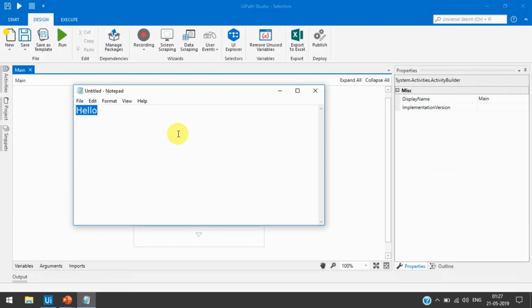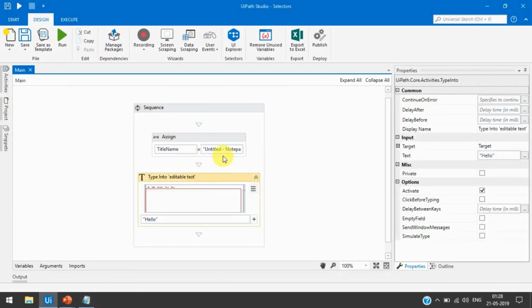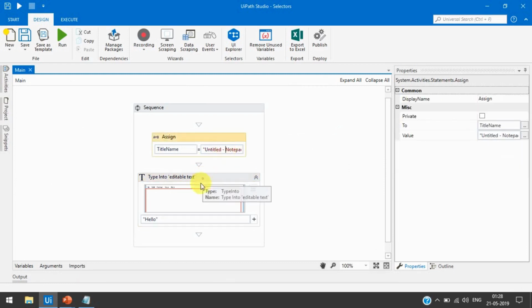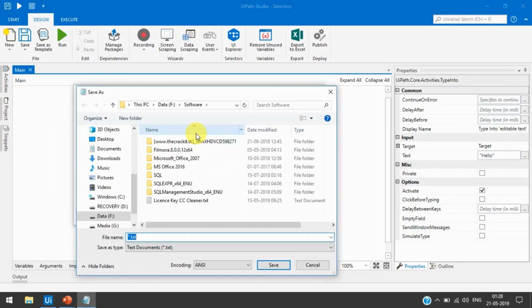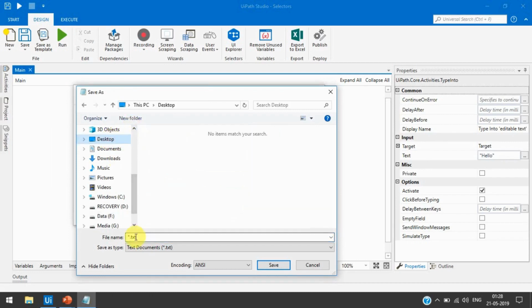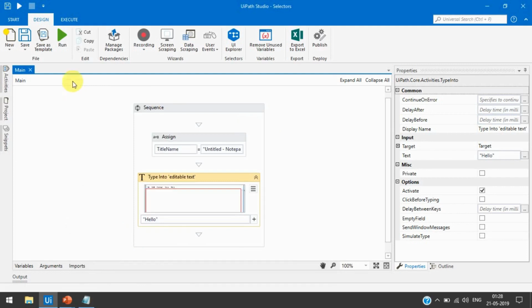Or sometimes we get the error because the title does not match. Sometimes we have saved the file with a name, notepad.exe, and now let's run this.